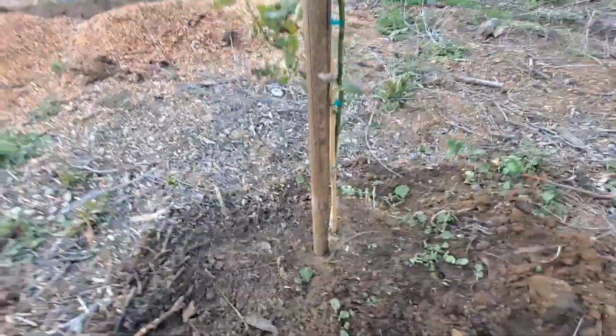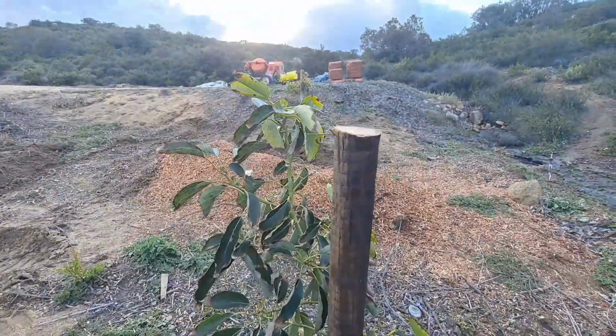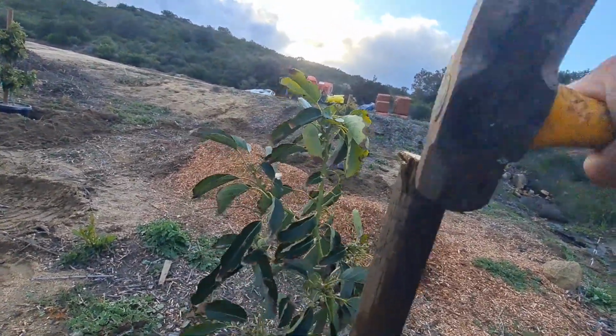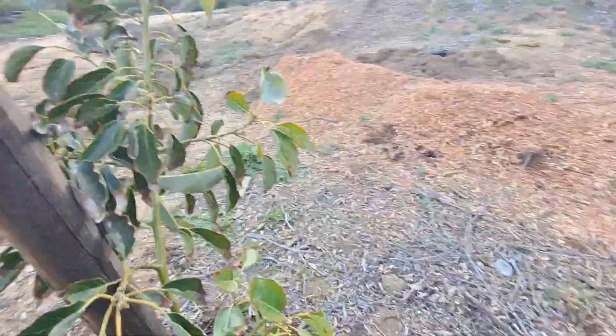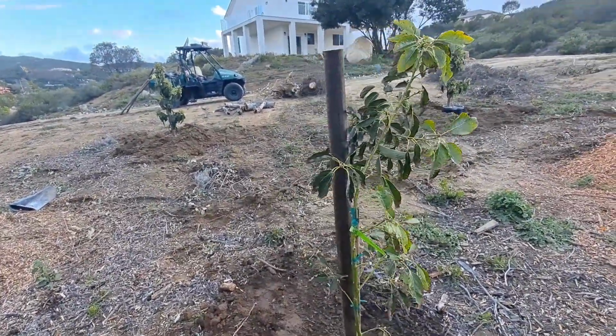Alright, so what you didn't see, I got it down, and then you can definitely tell where I haven't dug yet. So it gets to here, and it's solid. So that way it's going to be anchored well, and the wind won't just, you know, blow it over. So there you go. Next step, they have